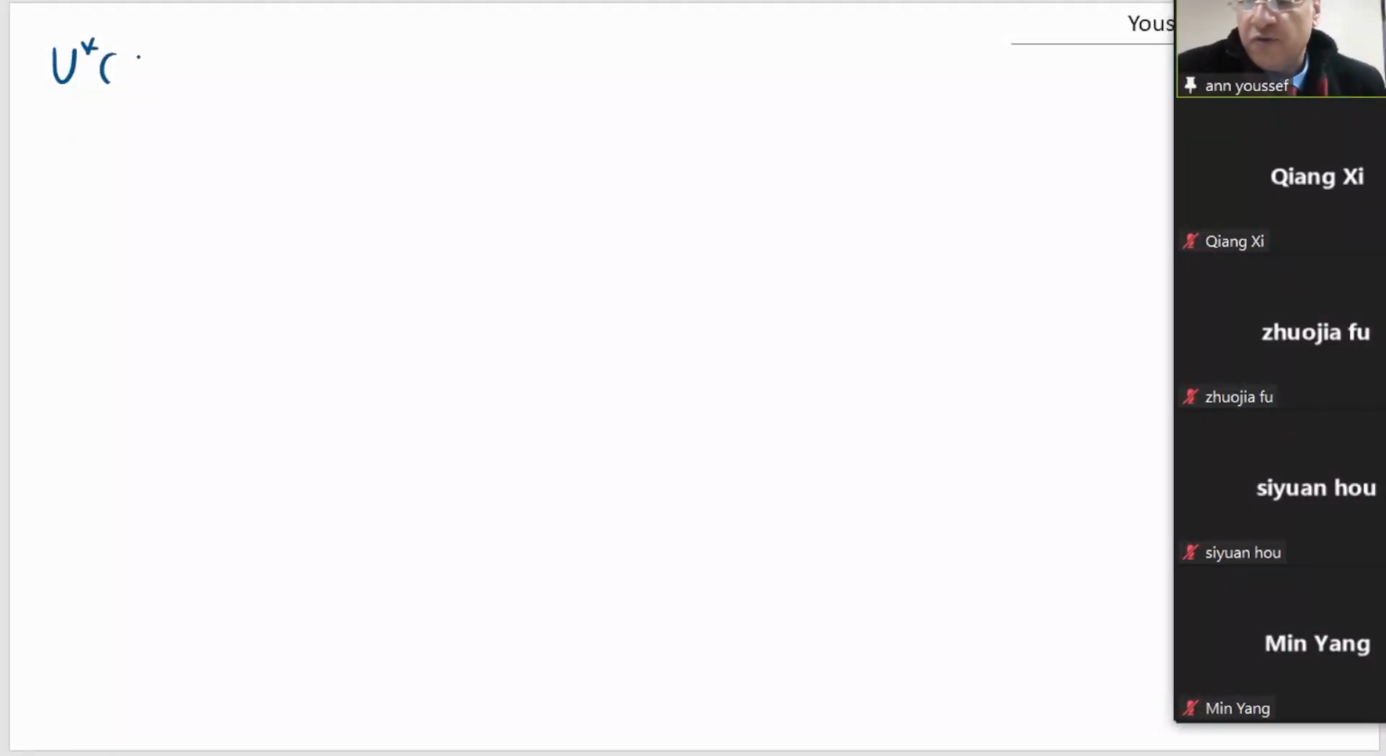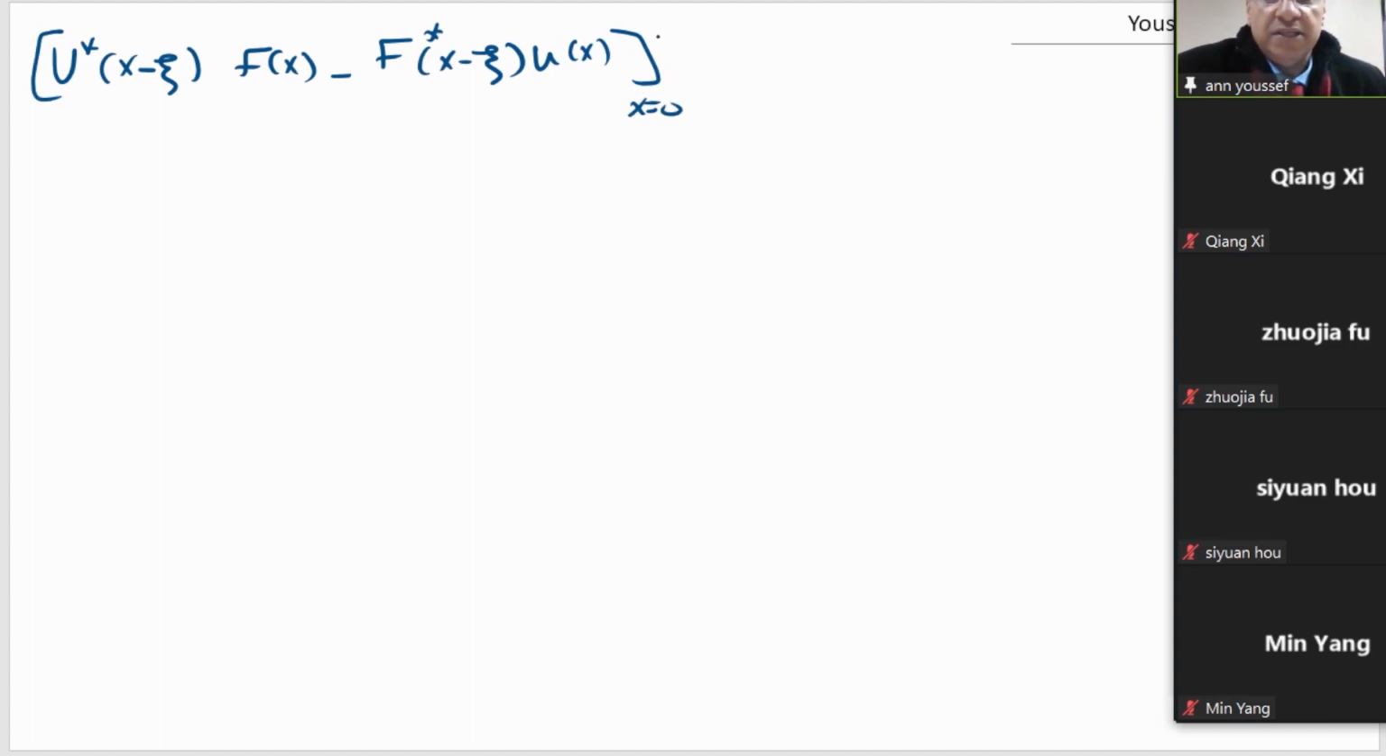So u asterisk of x minus xi times f of x minus f asterisk of x minus xi times u of x, evaluated from x equal 0 to x equal L, minus u of xi plus integral from 0 to L p of x u asterisk of x minus xi equal to 0. So this is the integral equation, and I can choose xi at any time. For example, let us use xi